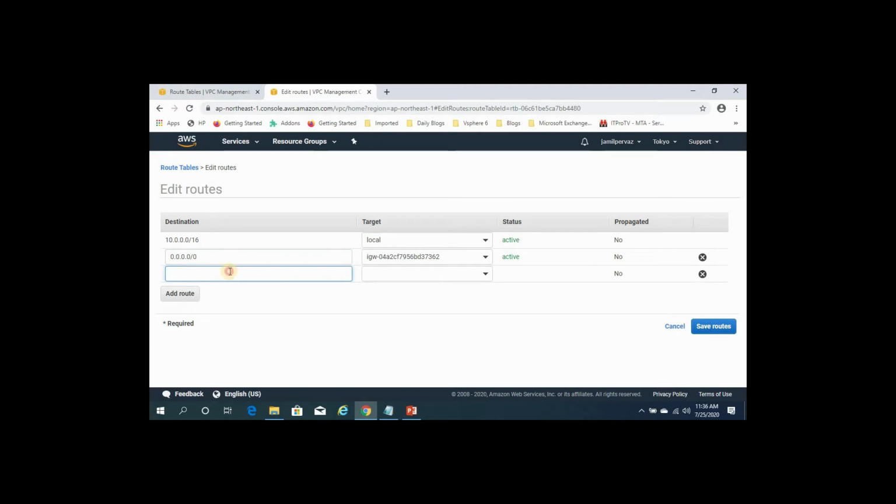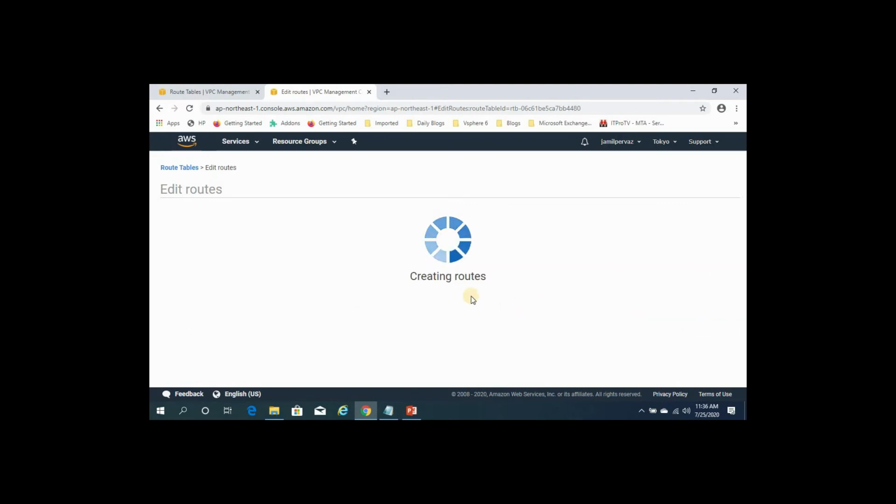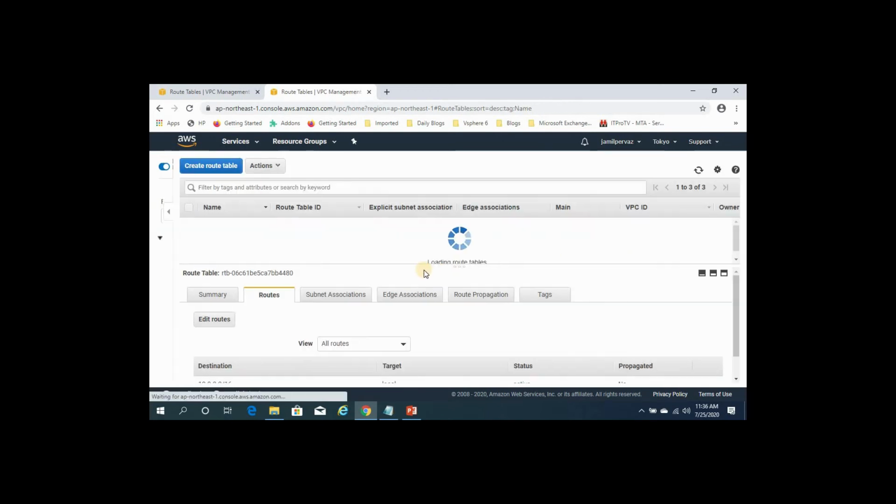Click add routes, type your Ohio region IP version 4, 192.168.0.0/16. Under target, select peering connection. So here we need to select peering Ohio Tokyo, click save routes, click close.